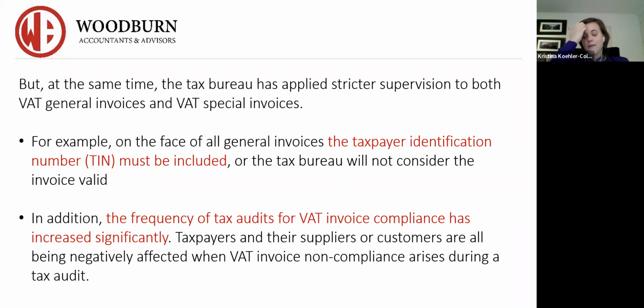The other thing I want to mention is tax audits. And I'll be going into this topic in greater detail next week. There is a greater frequency of tax audits in China in relation to VAT invoice compliance, meaning that people are losing Fapiaos. There's too much human error as people are issuing Fapiaos, hence there's a lot of cancellations of Fapiaos. There's misuse of Fapiaos, and I'll get into that also when we look at allowances and expenses for staff members, employees, that the tax audits are becoming more and more frequent.